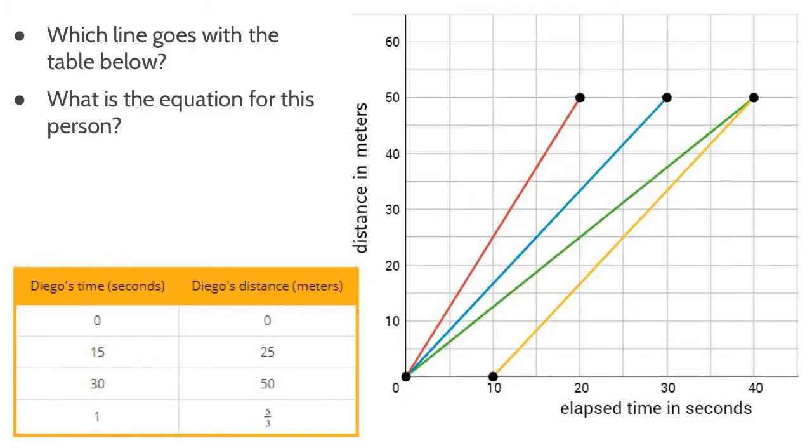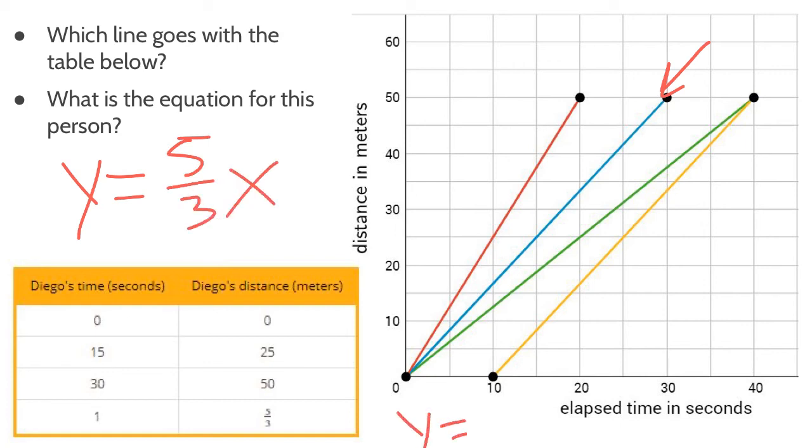What line goes with Diego? We found it to be the blue line, so this line here. And then what is the equation for that line? Well, the equation would be y equals 5/3 x, or y equals 1.66 repeated x. And we can get that by either going to the table and identifying the unit rate, which